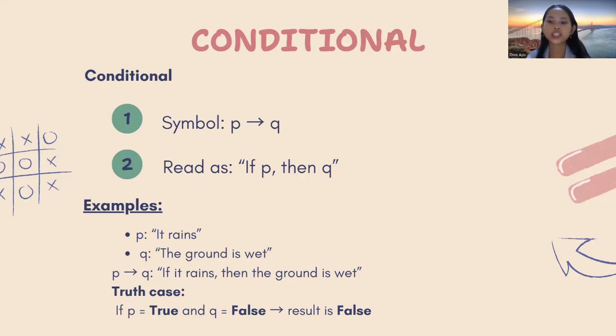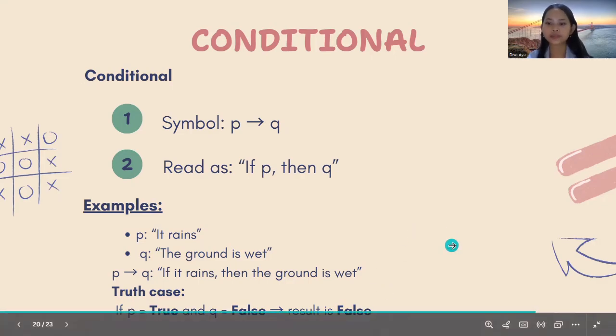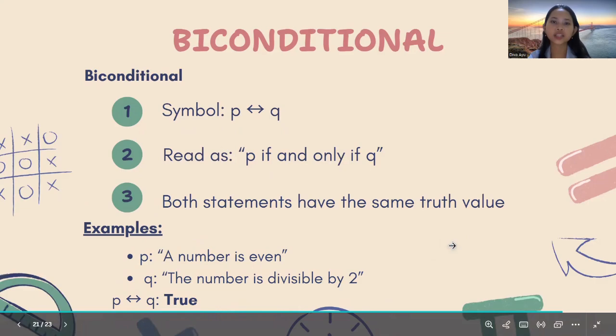The only time it is false is when P is true and Q is false. Okay, next. The last is